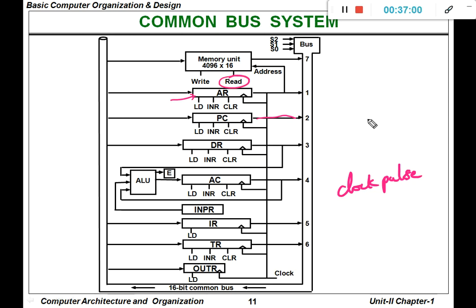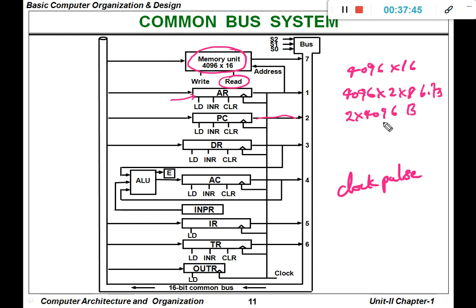Even though here we are showing typical registers, these registers are actually based on the old computer system, because here you can observe how much the memory is. Only 4096 into 16. This is the memory size. Into 16 means 4096 into 2 into 8 bits. 8 bits means 1 byte. So 2 into 4096 bytes.